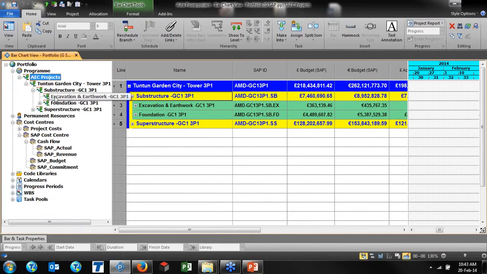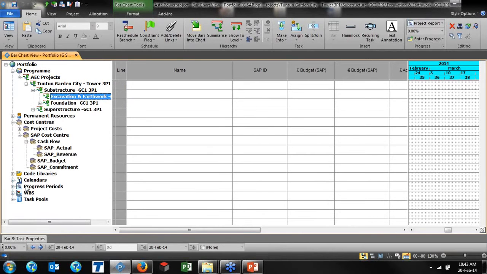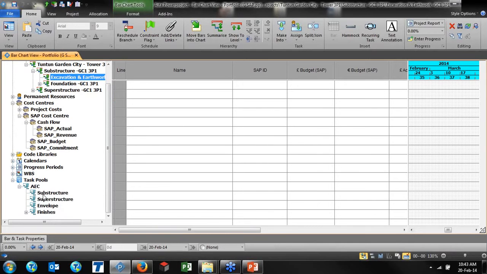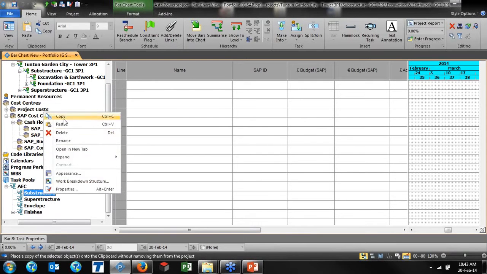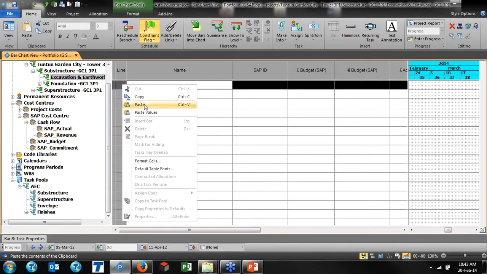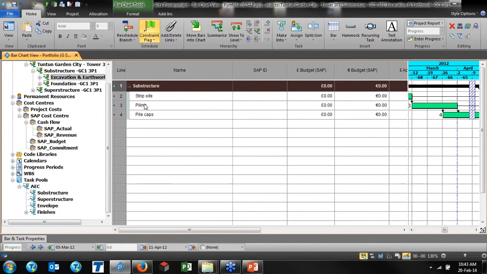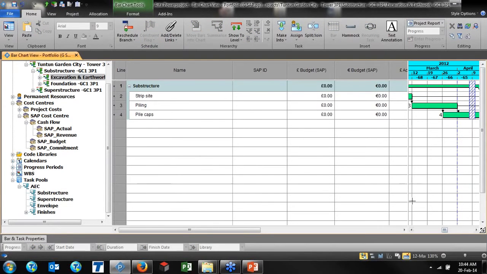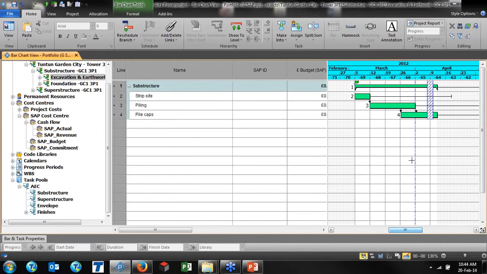And if there is excavation earthwork in the SAP, but when I would like to bring the data, let's say for my substructure activities, let's say that I would like to bring the data for the scheduling. Task pools, which I introduced, this is our company know-how. I can simply bring my project activities, and this is our standardized, and everybody will be using the same type of activities. In project, of course, it will be unique, and please see now all my tasks, and here,